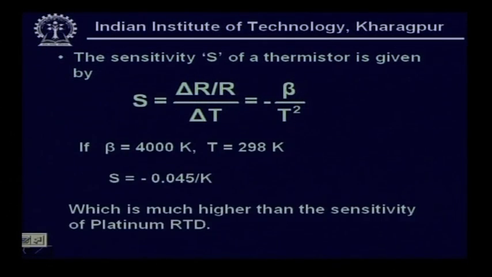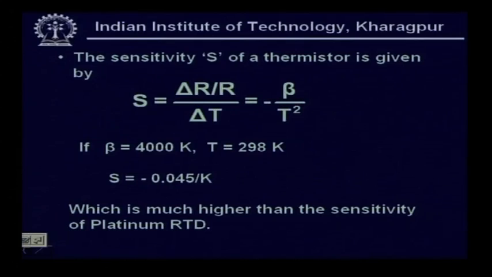For an example, if beta is equal to 4000 Kelvin and T is 298 Kelvin, the value of S will be equal to minus 0.045 per Kelvin,